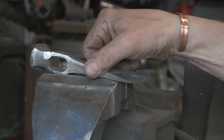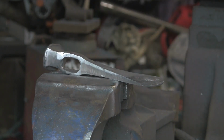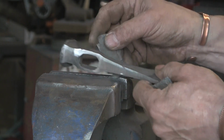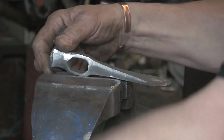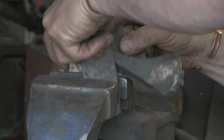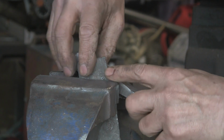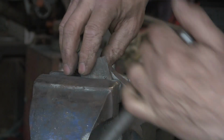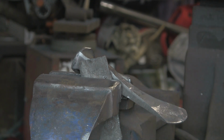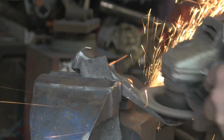Right, I'm not quite sure. You see, I've just tightened up slightly, and it's marked it. So I'm just going to get a bit of lead or something to put in there, just to hold it with. Just stuff a bit of lead down each side. You could use wood, use whatever you like, but I've got shed loads of lead lying about, which I used to use for putting in the bases of things to make things heavier, just to melt it in. I've got loads of it kicking about, and it's dead handy for holding stuff. So same again, just do the sides